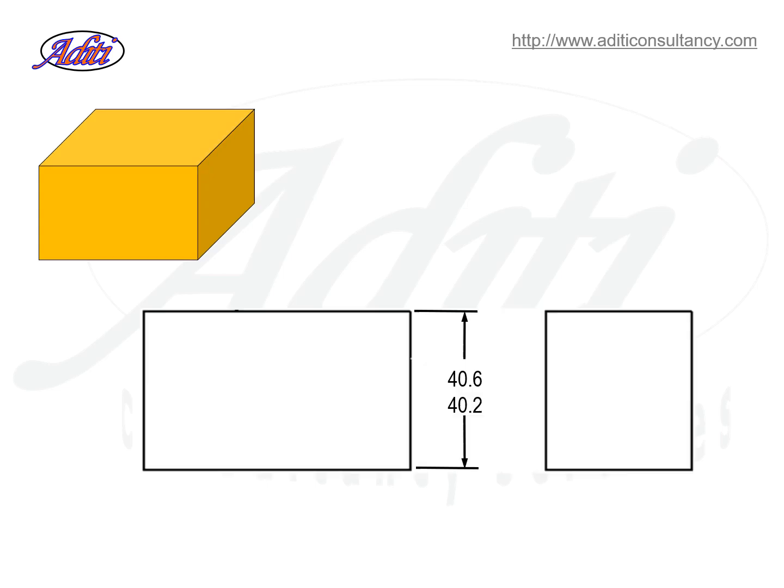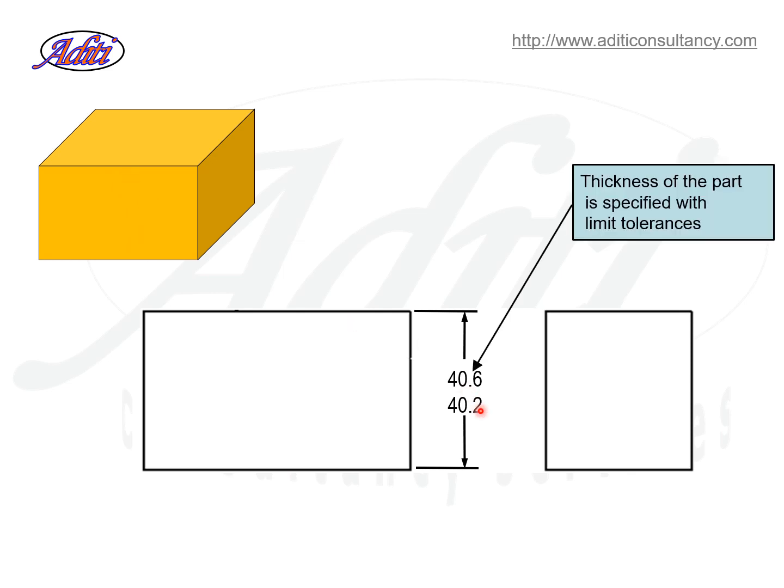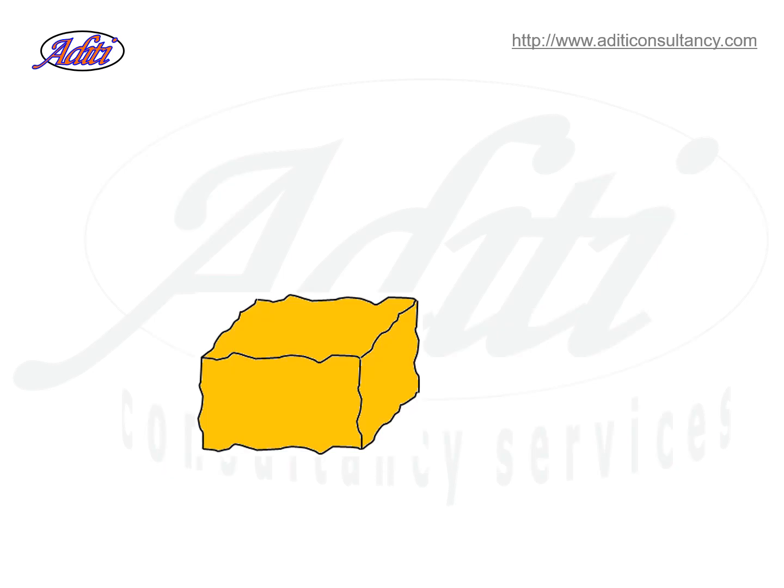Now part 1, if you have designed like this, where the thickness of this part is decided by two limits, let us say 40.2 minimum and 40.6 maximum. The manufacturing process will be such that the thickness should be between these two limits only, that's all. Now what is the effect of this? The measured part will have a dimension between the two limits, and now because of the irregularities of the top surface, the gap between the two parts will not be 0.